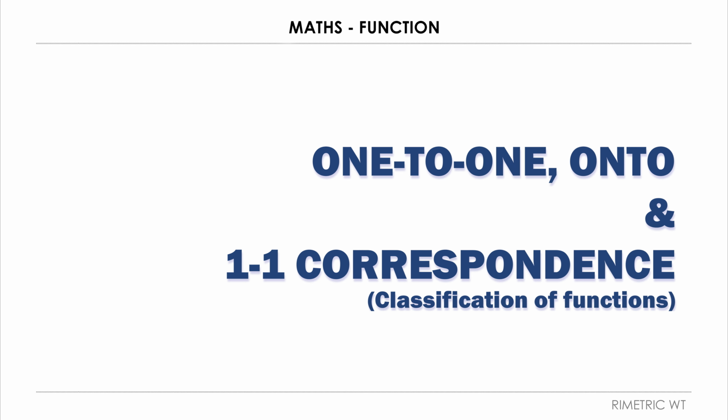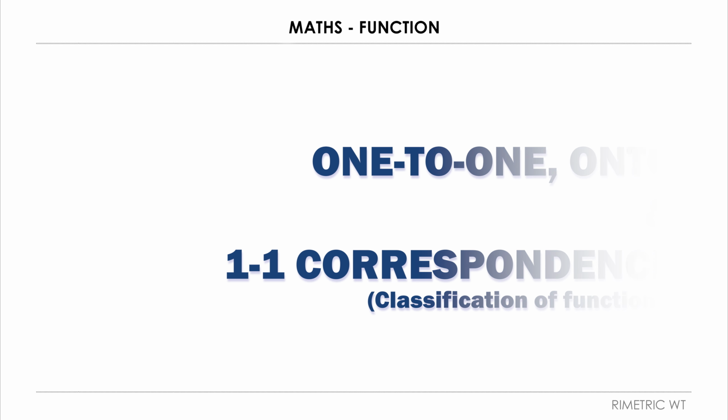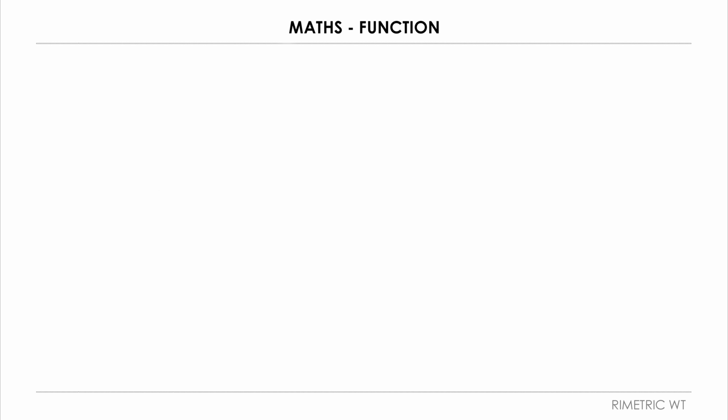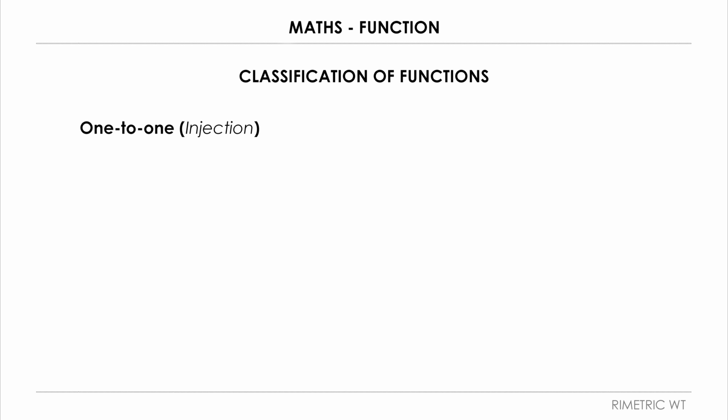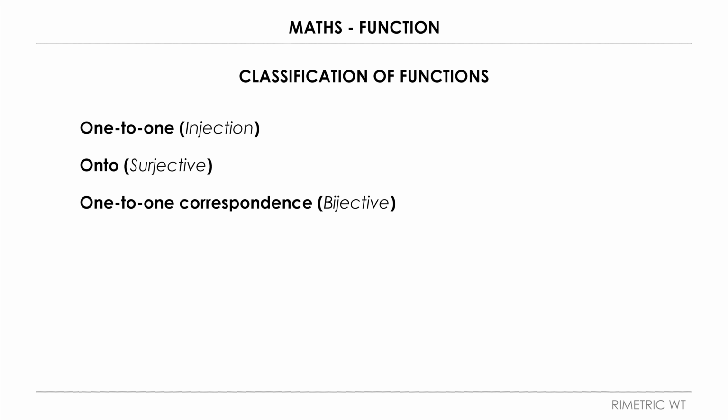What we're going to do in this video is think about how different functions behave based on how they pair their inputs and outputs. While every function must assign exactly one output to each input, the relationship between the domain and codomain can vary quite a bit. We're going to learn how mathematicians classify these behaviors into three important types: one-to-one, injective; onto, surjective; and one-to-one correspondence,